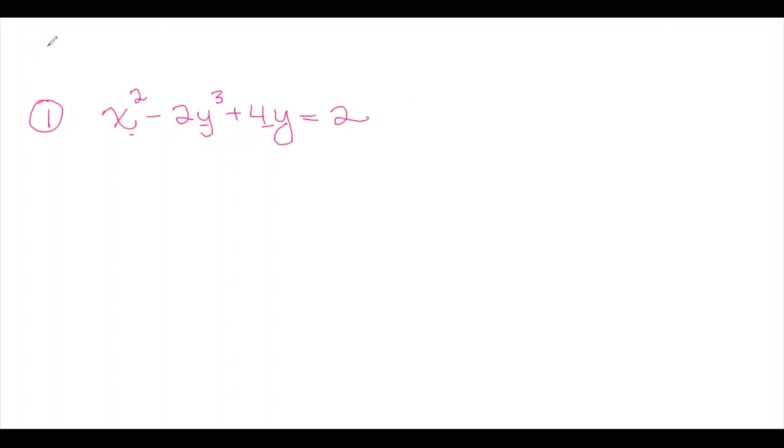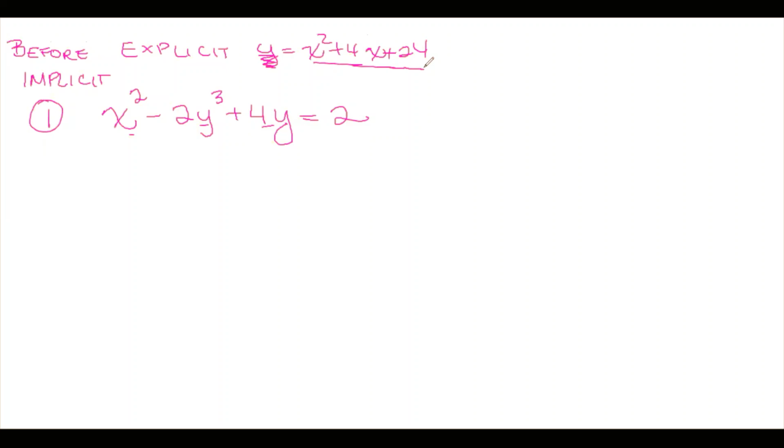So explicit differentiation is what we've been doing. So this is implicit. Before, the past couple of weeks, we've been doing explicit differentiation. And that's pretty straightforward. Something like y is equal to x squared plus 4x plus 24. See, we have the y alone, and then we have all the x's on the other side. But in this case,